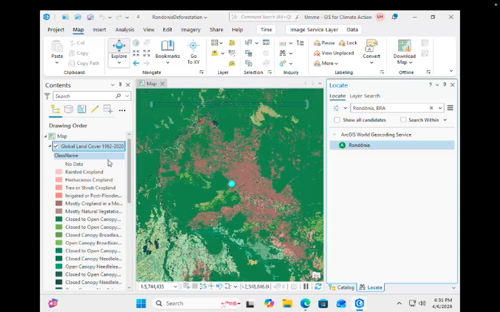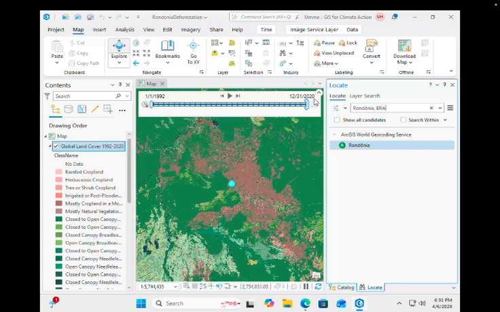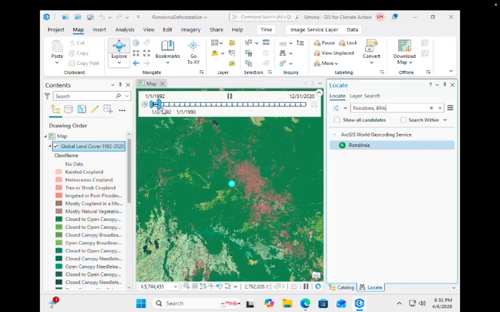So I have inputted data from Living Atlas. From Living Atlas, we can collect authentic data, and it's the data from 1992 to 2020. In the upper side, we can see a time series, and actually it's a time series function. If we click on the play button, start and play button, here we can see